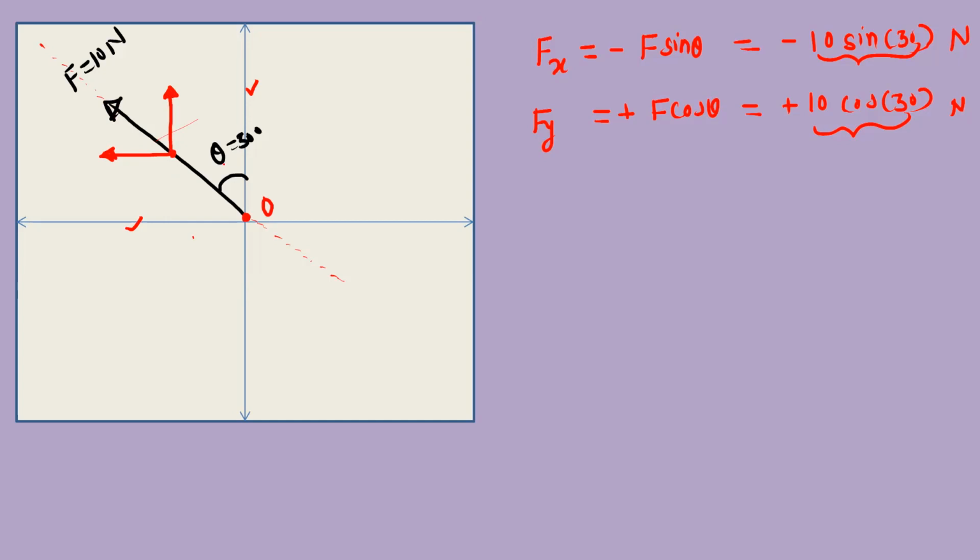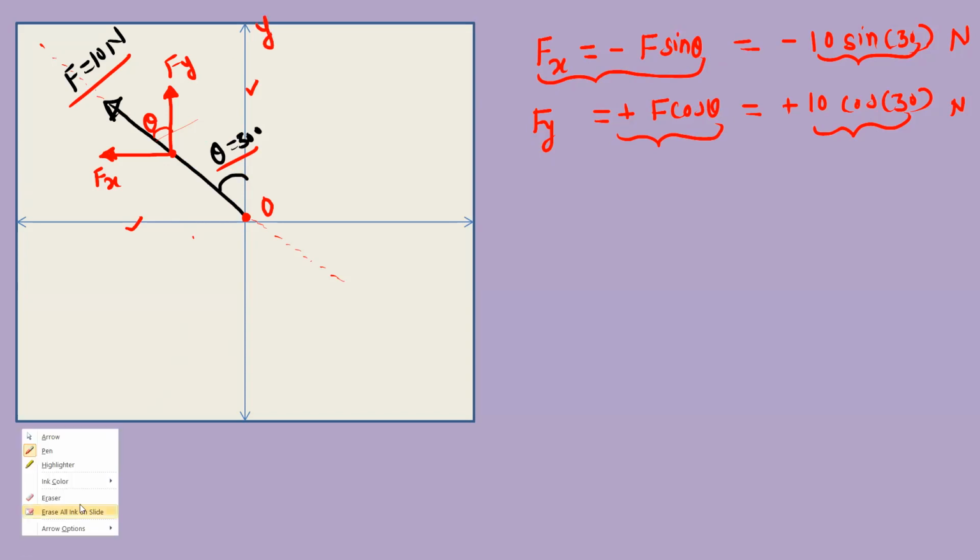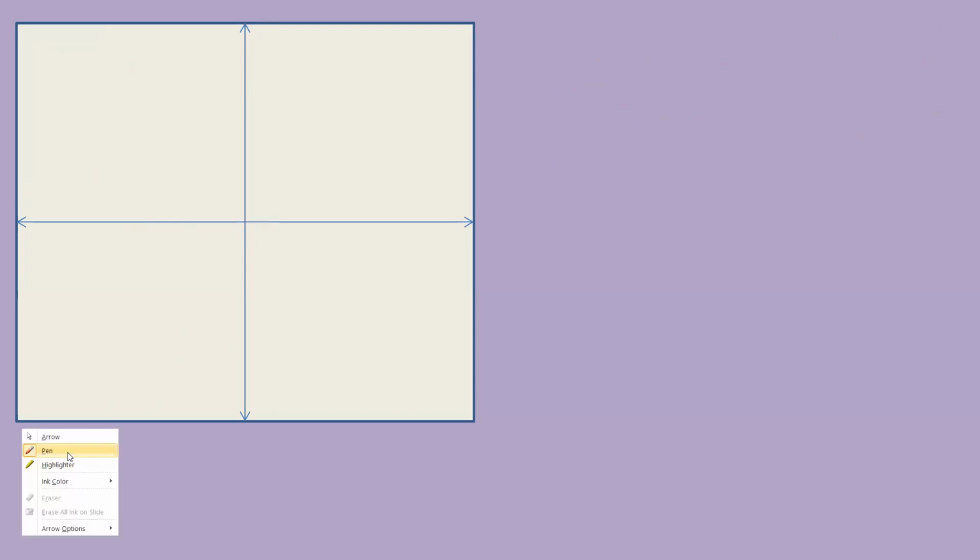Okay, and this angle theta, which is 30 degrees, will be the same. So this is theta, this is the y component and this is the x component. Then you can write down Fx, that is the x component, as minus F sin theta, and the y component as plus F cos theta. So this is the complete resolution when the force is given in the second quadrant and angle theta is given with respect to the y-axis. Now consider the force in the third quadrant.